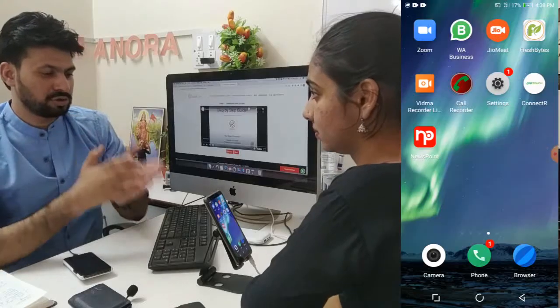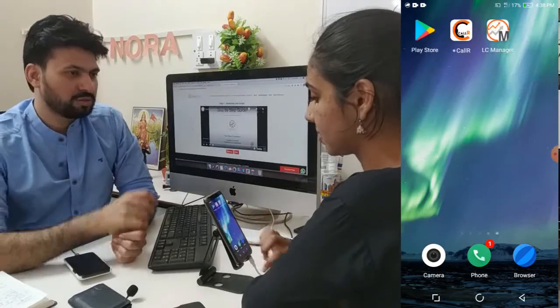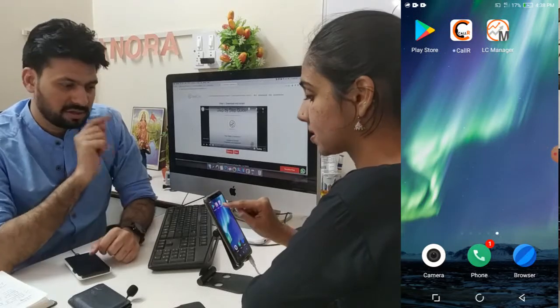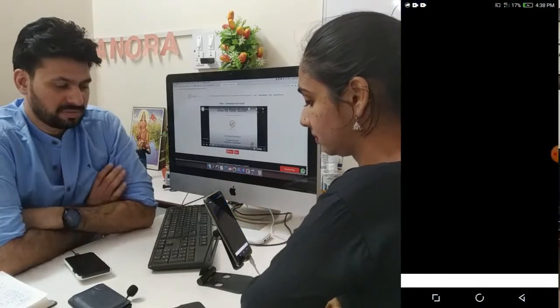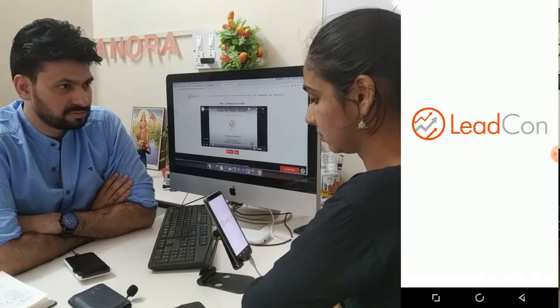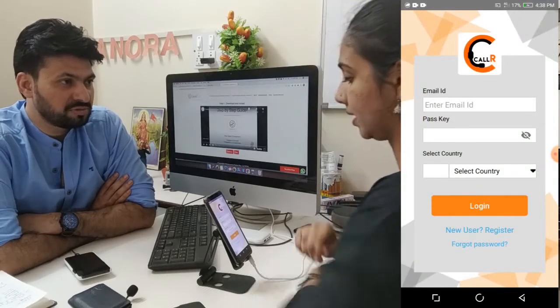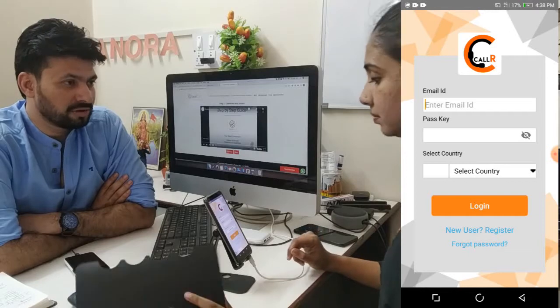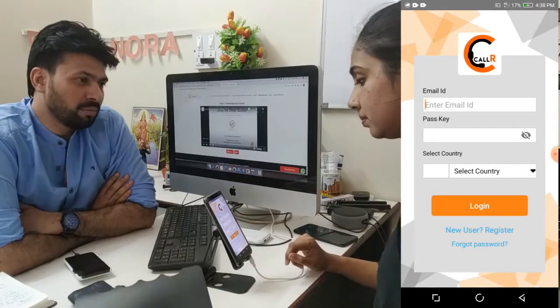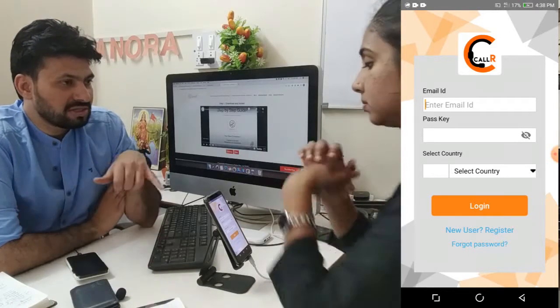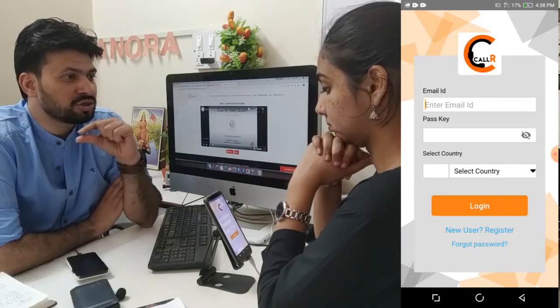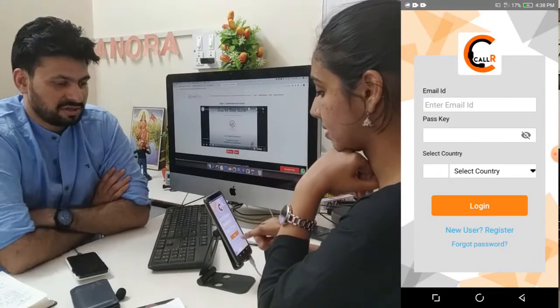All right. So now that the app is downloaded, are you able to see the app? Yes. Click on the application. Now you should be on the main page, where it asks you for login. Yes. Now, being a demo and being a new user, you can see below there is a section which says new user register. Can you see? Yes. Click on that.